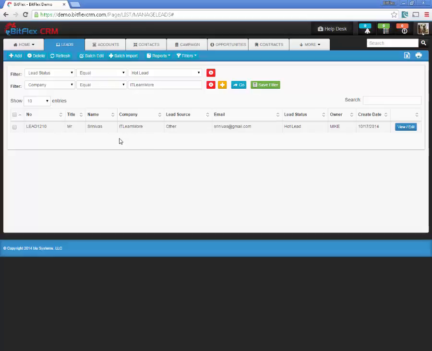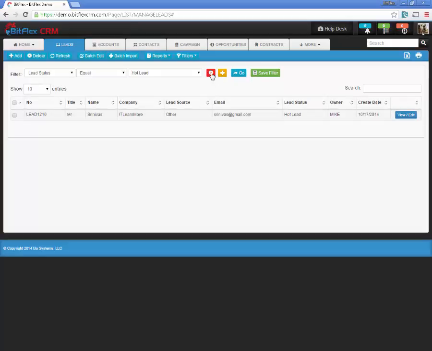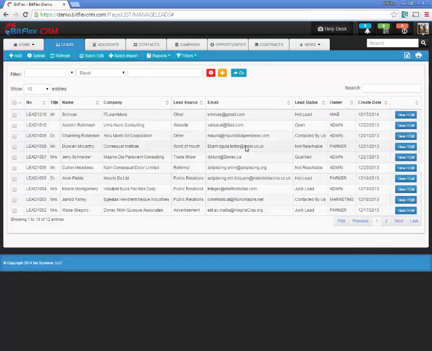The other thing that I wanted to show you in this video is the batch edit and batch import functionalities. With batch edit, you can make changes on more than one lead, or in this case lead, but it can be applied to any object like accounts or contacts. So let me go back to the entire list now, and let's say I want to change the status of 3 leads to open. So I select the items that I want to make the update on, and then I